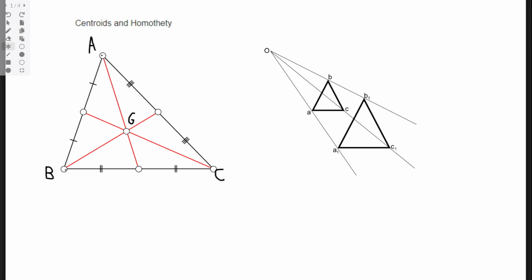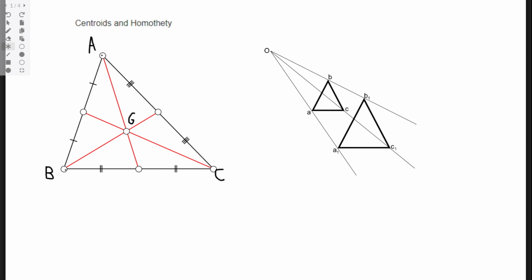So first, what is a centroid? Well, in a triangle, a segment is called a median if it connects one of the vertices of the triangle and the midpoint of the opposite side. And it turns out that when you draw the medians from all three vertices, which is shown in red here, these lines actually all go through the same point, and we call this point the centroid,